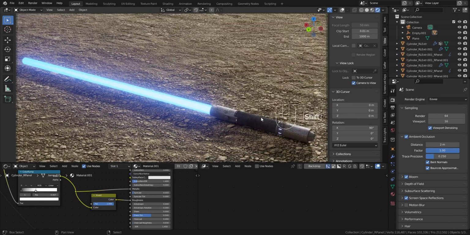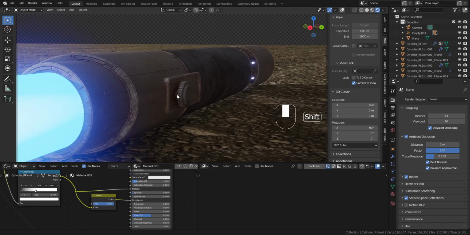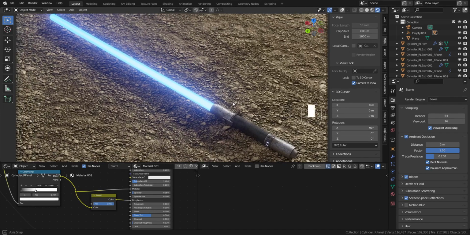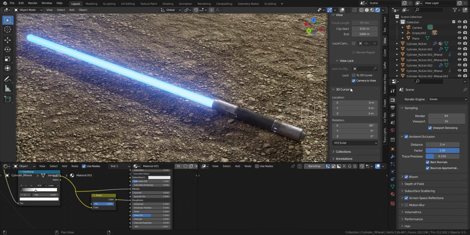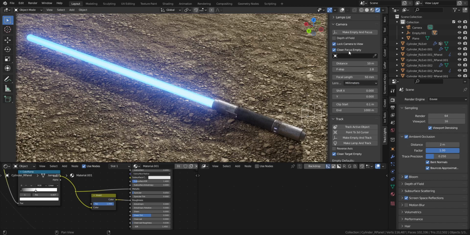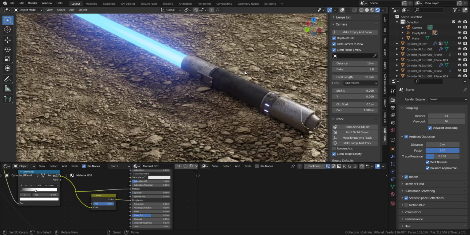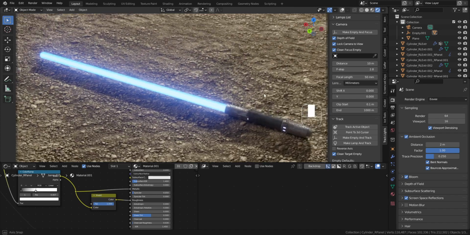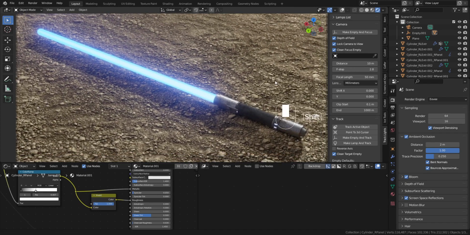Okay, so that's our lightsaber. Let's introduce track lights, depth of field, 10. Okay, so that is